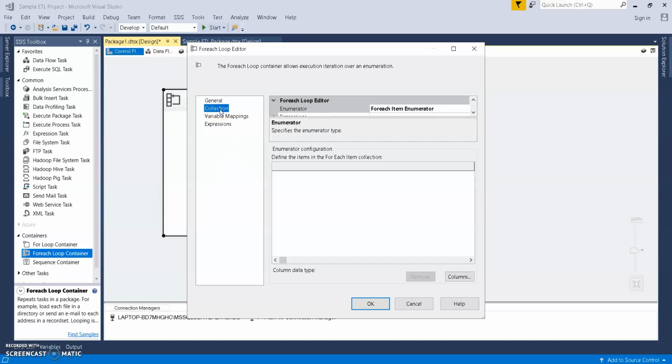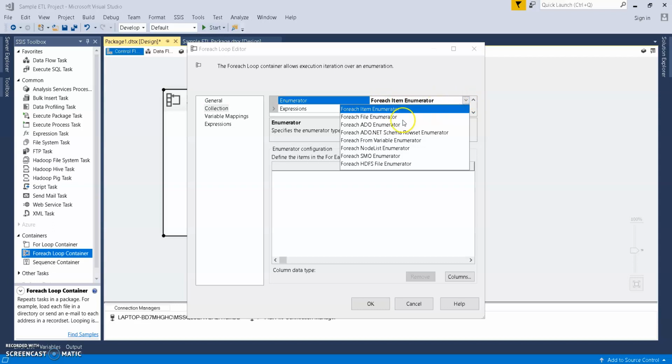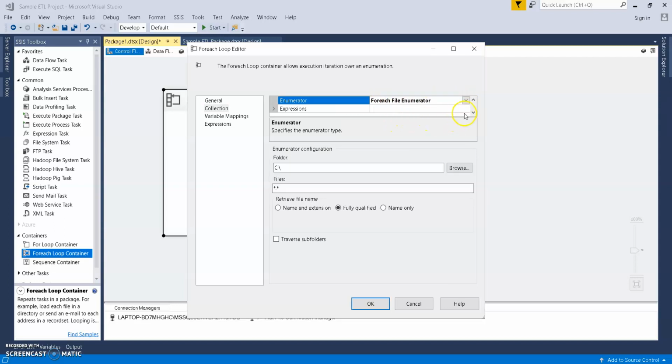In the collection tab, we have two files in the input folder, so we need to change the enumerator. The default is the for each item enumerator, but we need the for each file enumerator to loop through all the files in the input folder. And the second property we need to change is the folder, so we need to give the folder path here, and in files here we need to specify